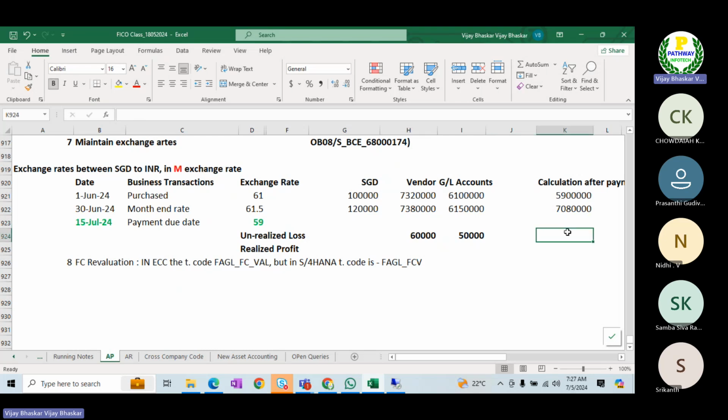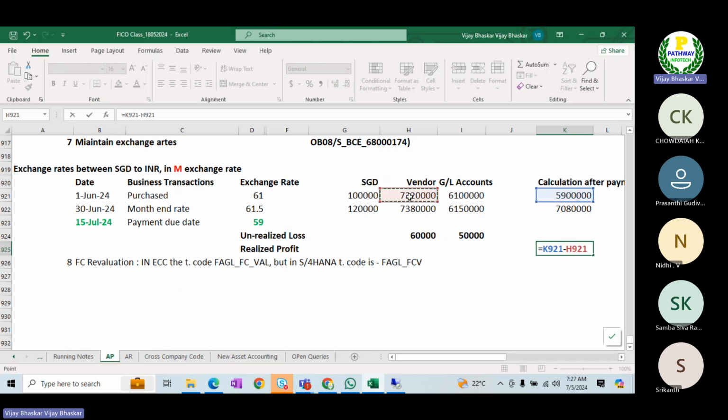So the difference if we can compare here, when you purchase on 1st of June, I'll put it below, 1st of June, what is the price here is 73,20,000, current price minus this one, under GL account.